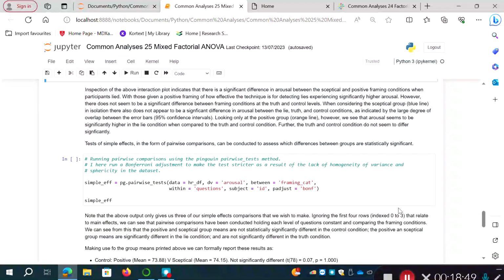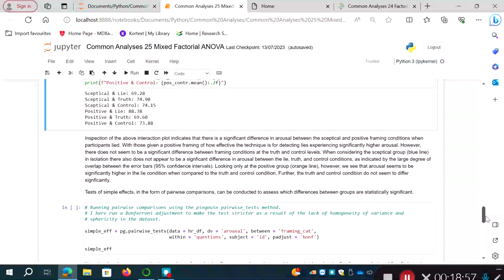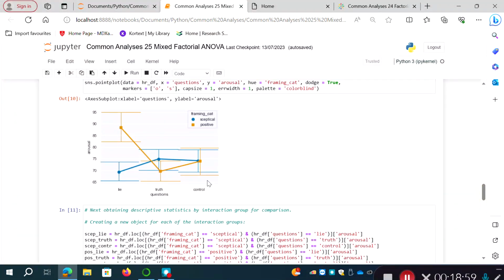When considering the skeptical group, the blue line, in isolation, there also does not appear to be a significant difference in arousal between lie, truth, and control. If we scroll back up, you see what I mean. This blue line here, there's some difference between this point and this point, but there's a lot of overlap, and this is almost a flat line, this blue line,